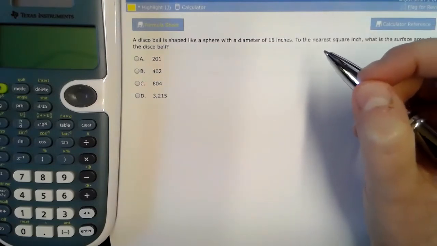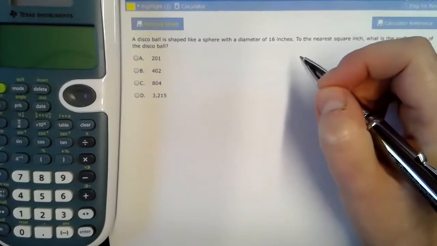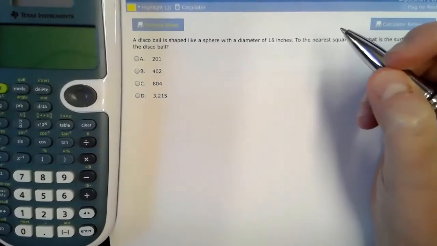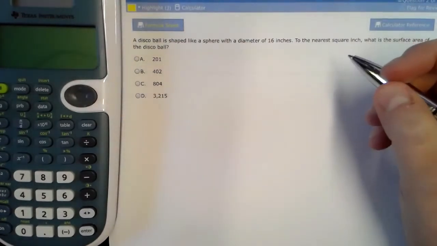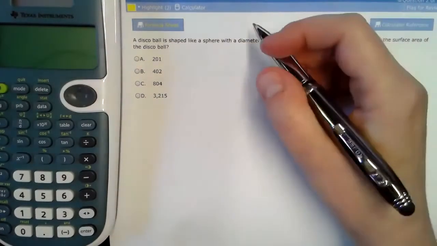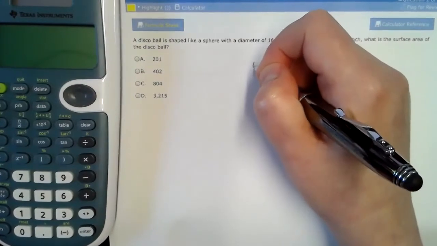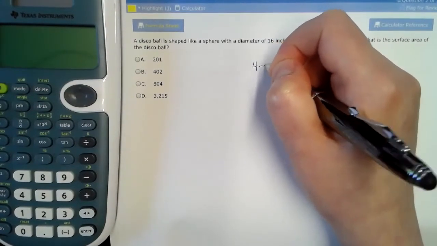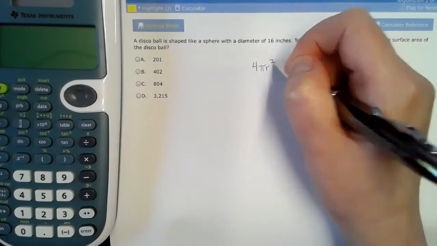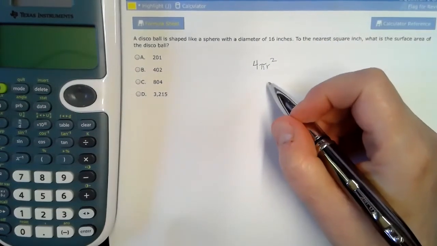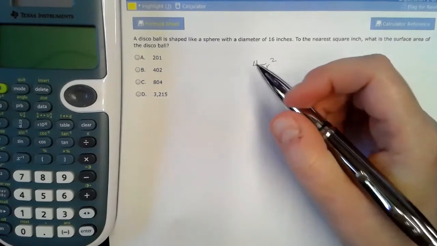It'll be a drop down on the test. It'll show you all the formulas for shapes and surface area, perimeter, volume. What we need here is the surface area of a sphere, which is 4 pi r radius squared. So 4 times pi times radius squared. Our sphere,